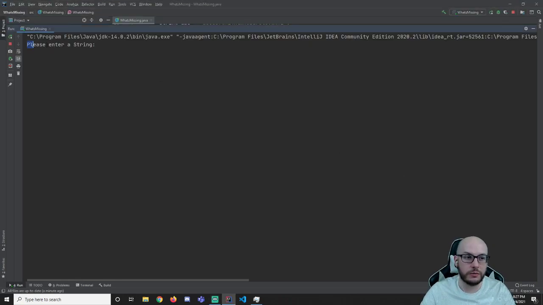The idea is we're going to be able to enter some type of string, and our program is going to output the letters of the alphabet that are missing from that phrase. So if I said something like hello world, right, it's going to tell me that these letters are not in my input string. All right, if I run this again and do a different test case, I'm going to do